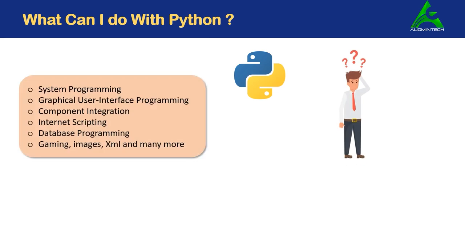So you can go for system programming, doing some system admin work, configuring the systems, configuring the network, and so on. You can go for GUI programming. If you master the Tkinter module, then you can build GUI applications like a calculator application or a billing kind of application. And you can go for component integration. You can write a new Python application using some existing applications. Then you can go for internet scripting, web crawling, web scraping,